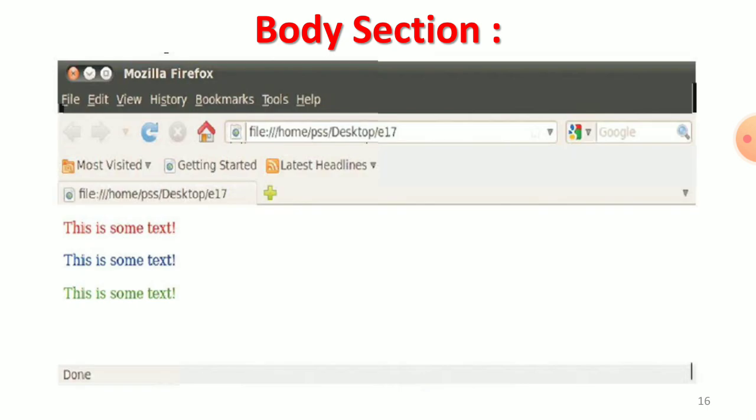The output: for all, font face equals Arial and size equals 16. Only the color changes; first line is red, second is blue, and third is green. That is an example of the font tag and attributes.